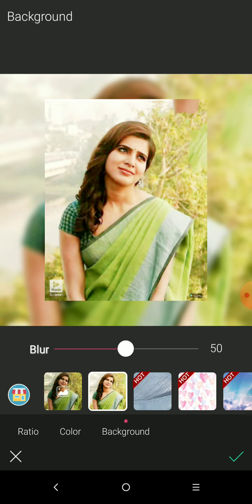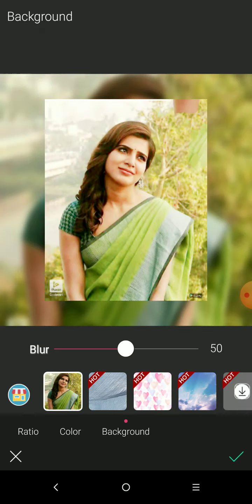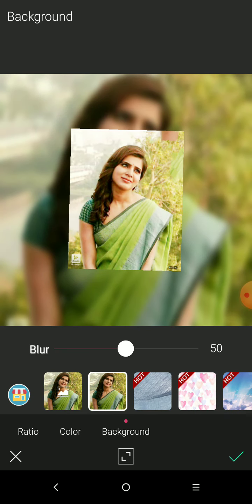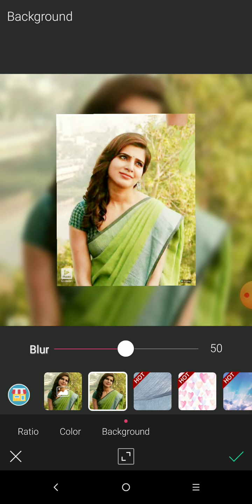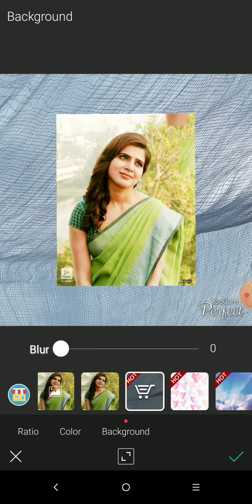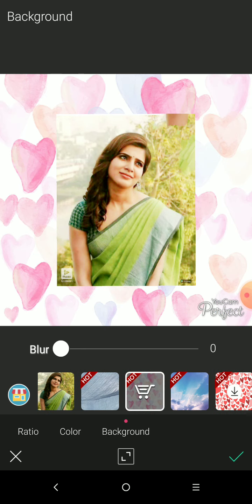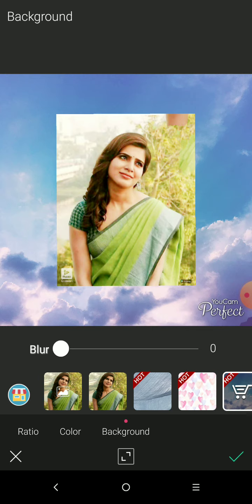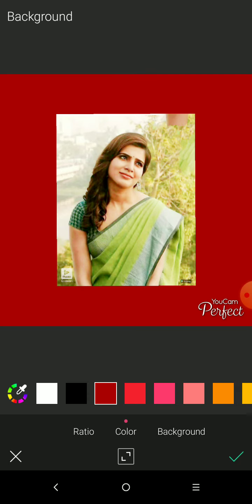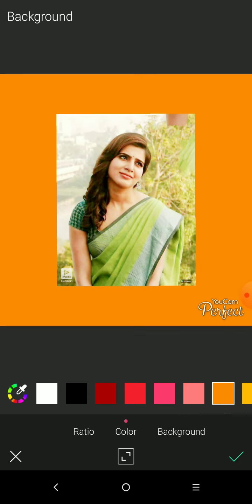If you want to use a photo as a background, just go to the gallery and set the same photo as the background. See here, this one is a photo and the background is also your photo. We have so many backgrounds here, 14 backgrounds, and this one is color. If you want to make a color in the background, just do it.